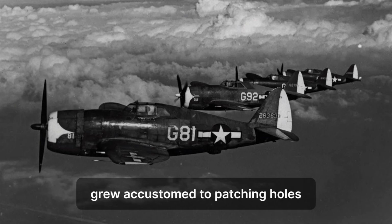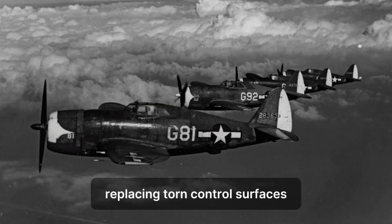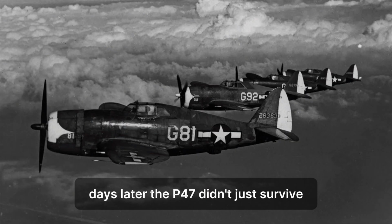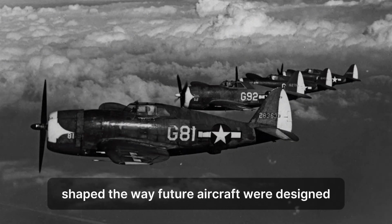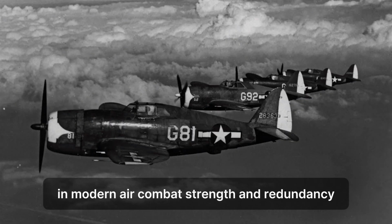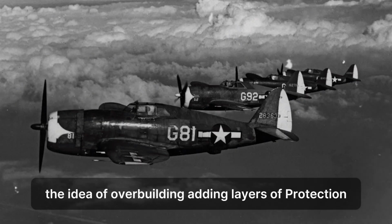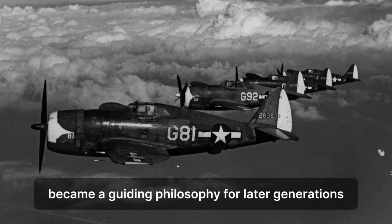Mechanics on the ground grew accustomed to patching holes the size of dinner plates, replacing torn control surfaces, and sending the same battered aircraft back into battle days later. The P-47 didn't just survive, it refused to die. Its survivability shaped the way future aircraft were designed and how future wars were fought. Engineers studying the P-47 realized that in modern air combat, strength and redundancy could mean the difference between victory and loss. The idea of overbuilding, adding layers of protection, designing for damage tolerance, became a guiding philosophy for later generations